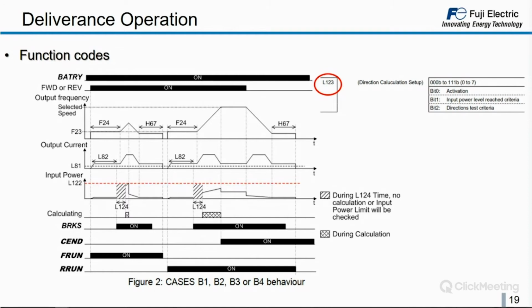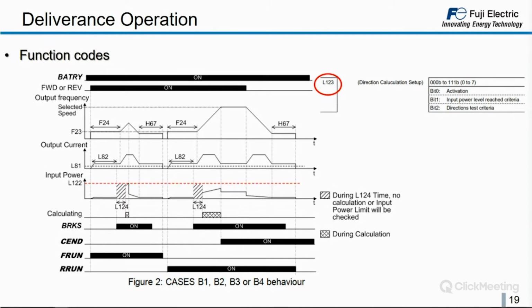First of all, we have the battery signal, as you can see at the top of the graphic, coming from the controller. And then you see the controller is giving a forward or reverse signal. It doesn't matter. The controller is asking the lift to move. The inverter will take this information as a start, and the inverter will always, as you see in the graphic on the lower part, F run, try to move first in the forward direction.